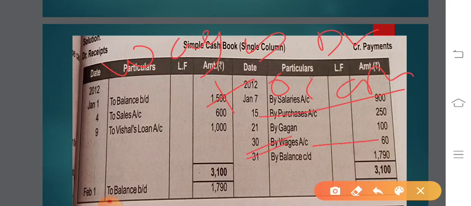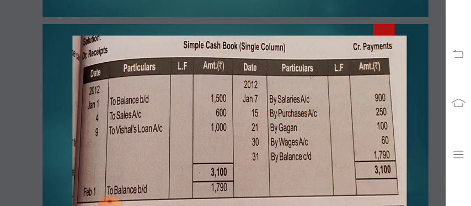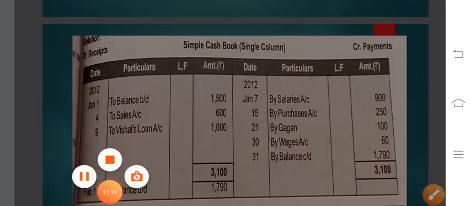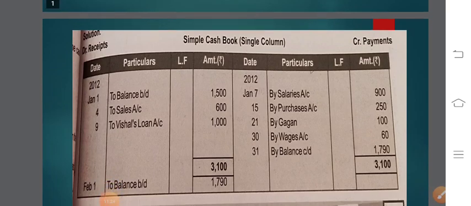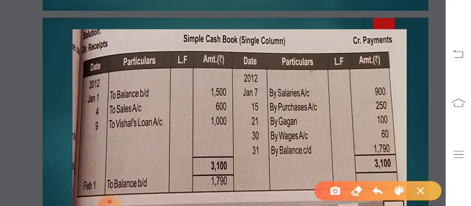Correct, students? If you just do not care about journal, simply remember you paid wages means cash is moving out. And since cash is going out, it's a payment, and payment has to be written on the credit side. You can do it in either way. Okay, now since we have ended with this, we'll close it down. But before closing down, since it was not there in our entries, hide it for a minute.